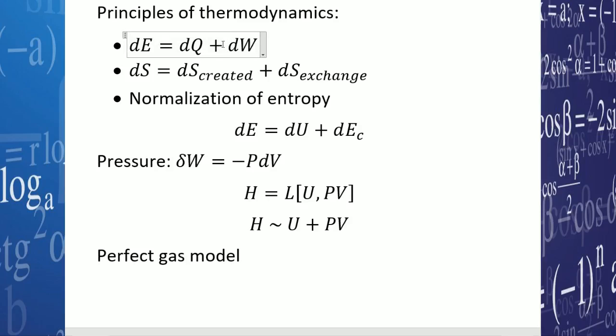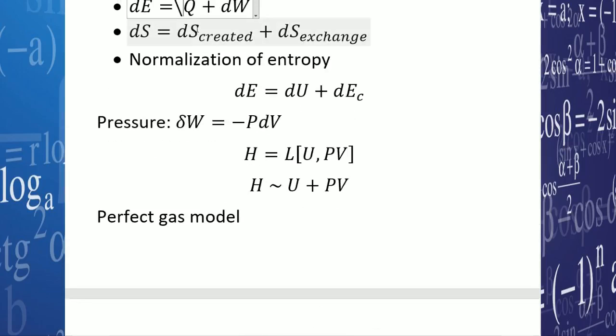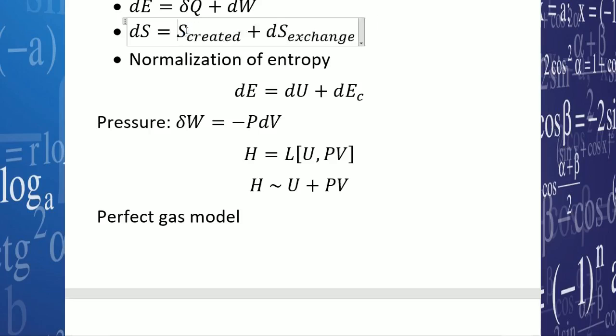These are differential writings, which is why there is a D. Oh yeah, and also it's not a D, it's a delta. It's a delta. So the delta W, W is work,